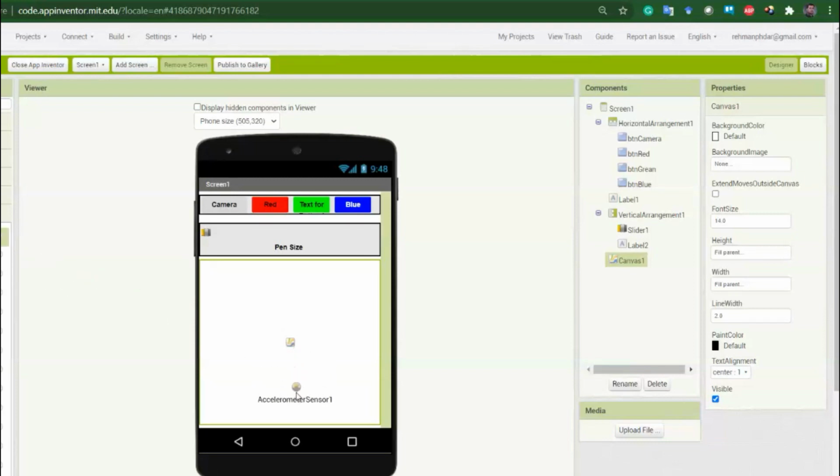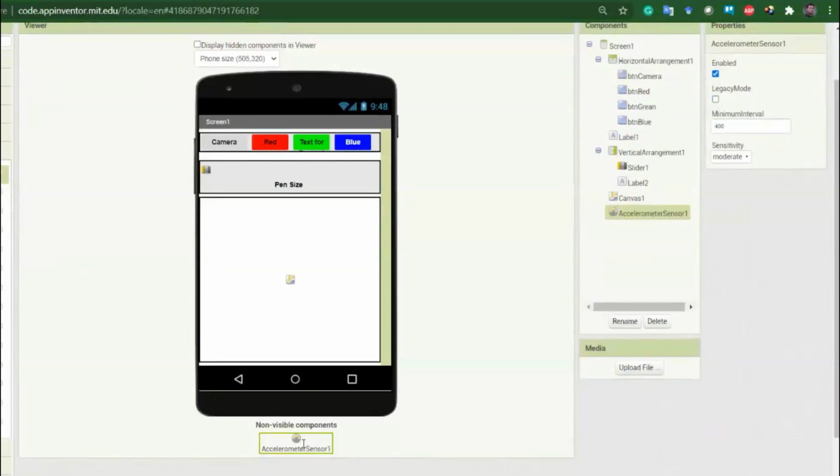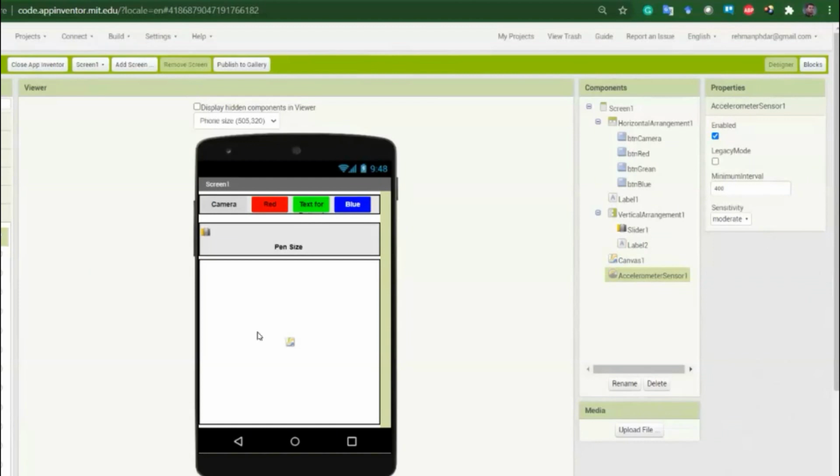This accelerometer sensor is an invisible component. Okay, it will be added already here. So what this sensor is doing, this sensor is detecting the movement of the mobile, that if the mobile moves, or shakes, then it gets its shaking value, and it detects the shaking. Okay, so we can use this property like this, that if we write on the picture and there is some writing, so if we just shake the mobile, then by shaking all the text will be cleared. So this is the whole planning.